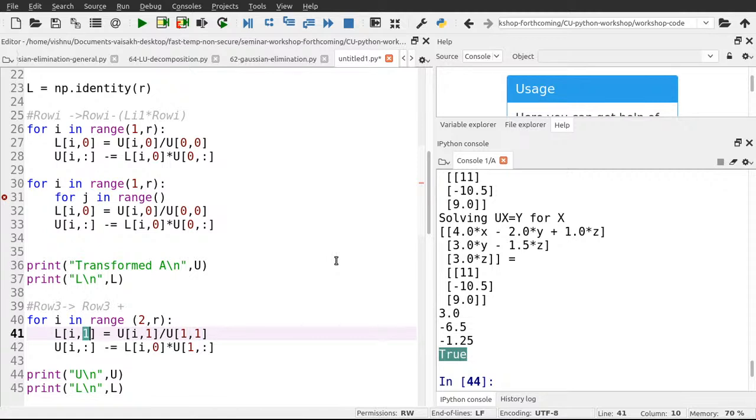So okay, we just think Li1, Ui1. So we require 0 and 1 to be there. So essentially we are looking for